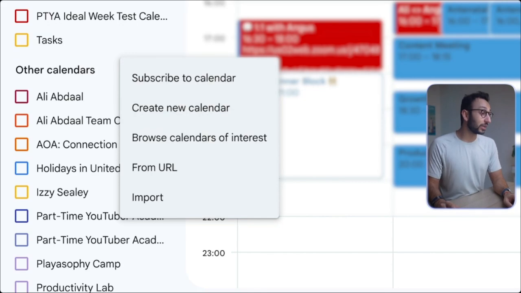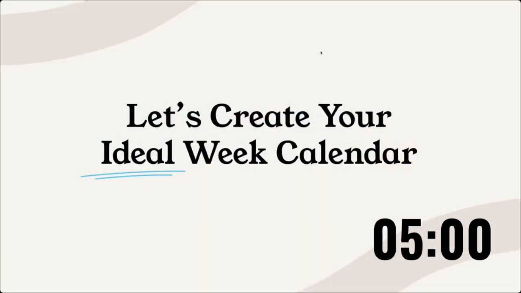You also don't have to do it within a calendar app. You can just write it out on a piece of paper. If you're going with a piece of paper, you can create a table in a Word document if you really want to. Basically, the idea is that we're mapping out what our ideal balanced week would look like. So let's do that as a little 5 minutes.